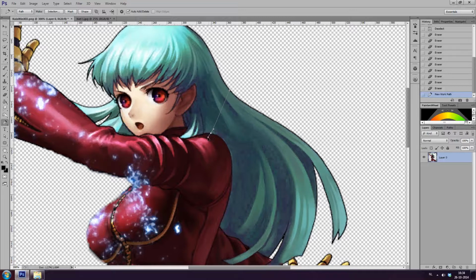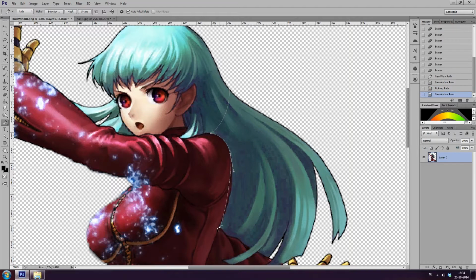I'm going to click and drag my selection down so I can actually create a curved line. Let's say like so. I'm going back to this anchor point, this little square. I'm going to hold down Alt on my keyboard and I'm going to click on it. And from here, I'm going to simply try and trace along the contours of her